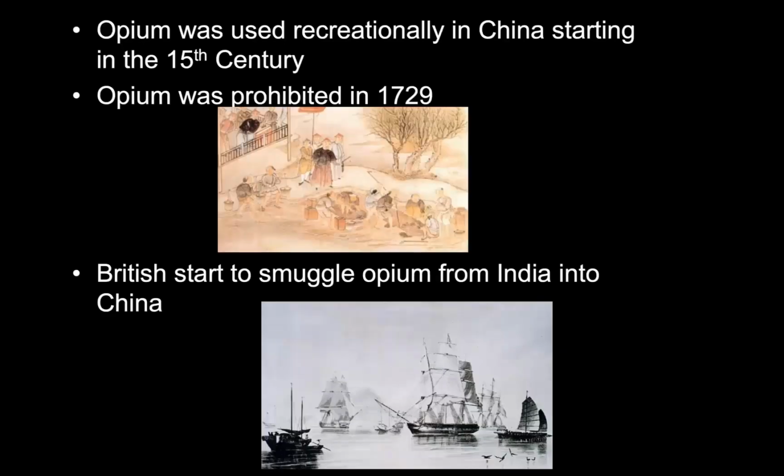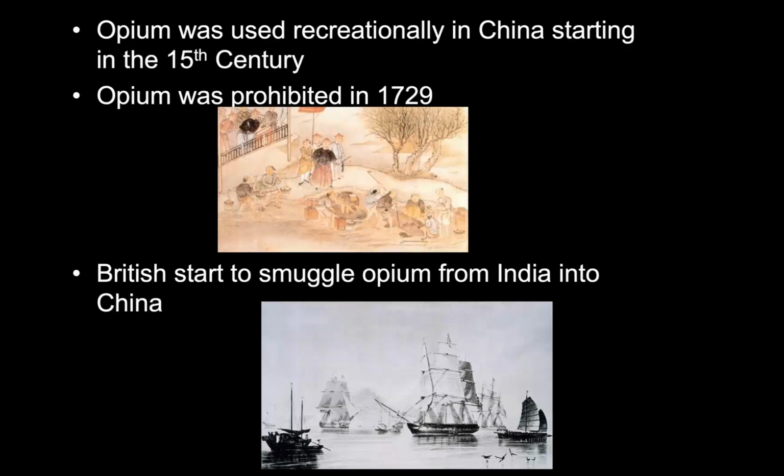So the British are going to take that opium, and they're going to open up China and get the Chinese to buy the opium. Opium was used recreationally in China in the 15th century, the 1400s, and it gets more and more prominent amongst the Chinese people as the British become national drug pushers and begin sending tons of opium from India into China for a huge profit for Britain.